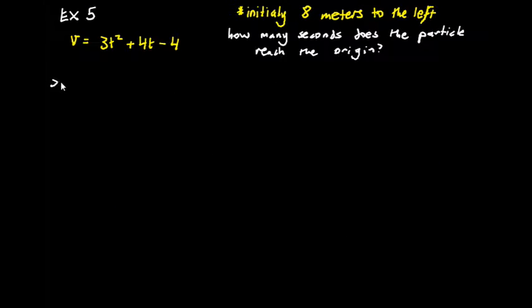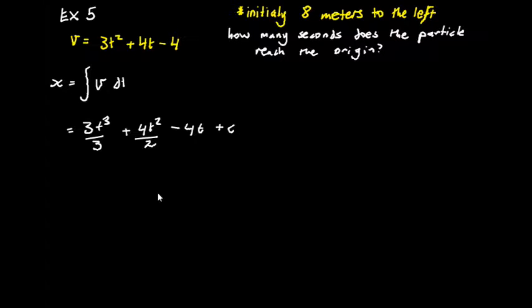So first thing, we need to find the antiderivative of our velocity, and to do that, we add 1 to the power, divide by the new power as normal. And we should get something that looks like this. So 3t cubed on 3, we can cancel out the 3s. 4t squared on 2, so we can simplify that. And the next step, we just need to work out what that